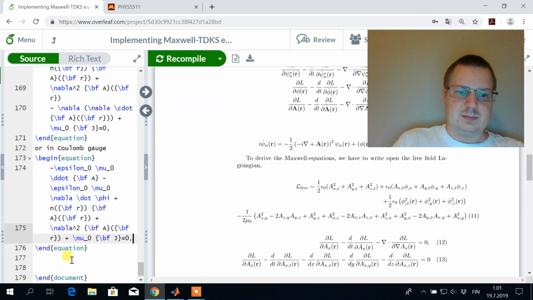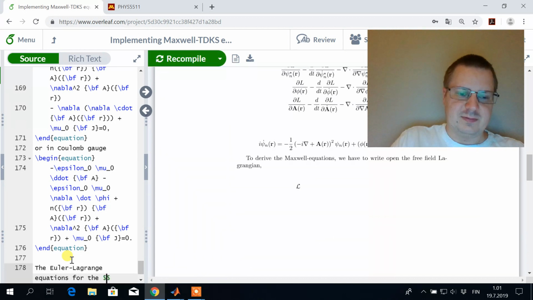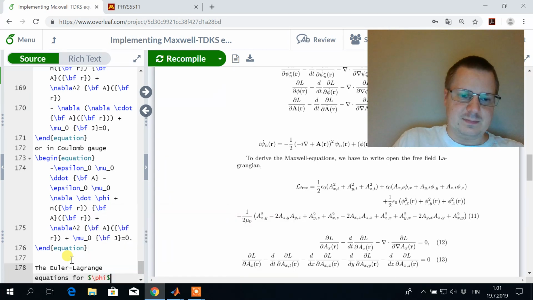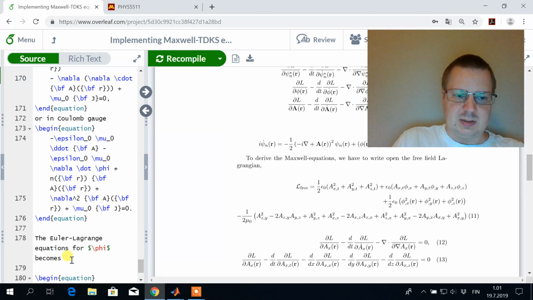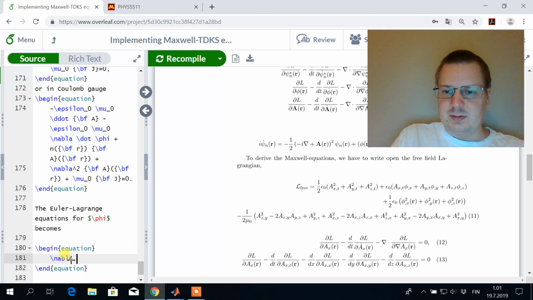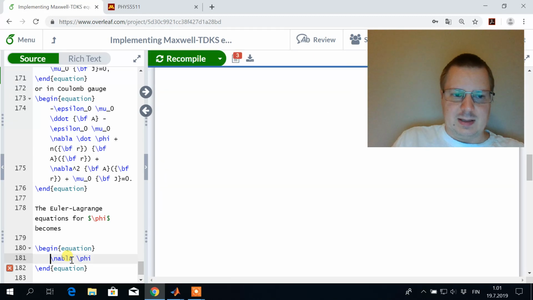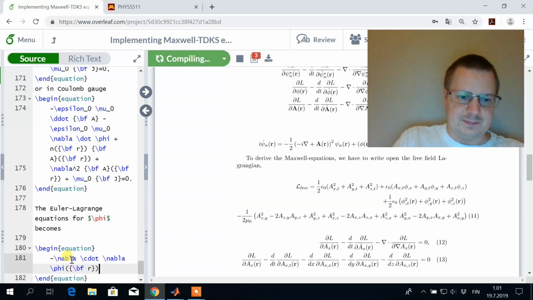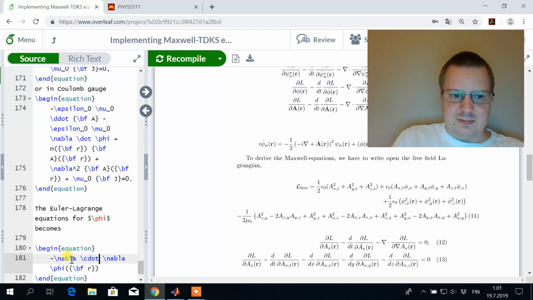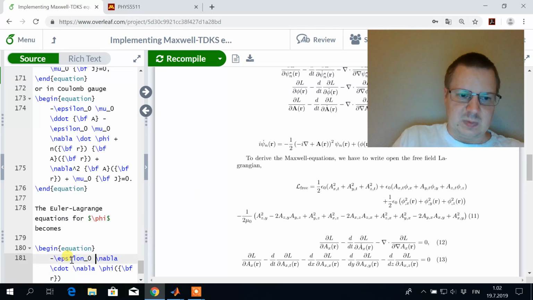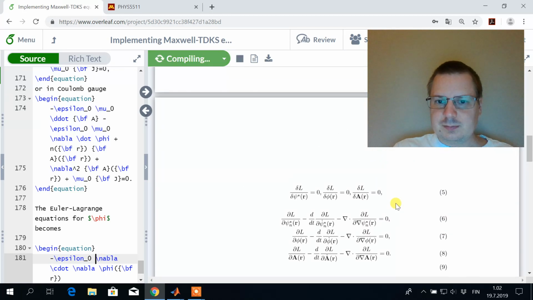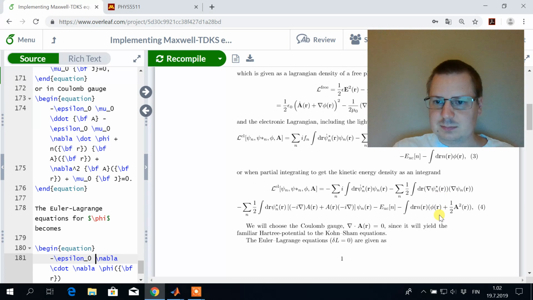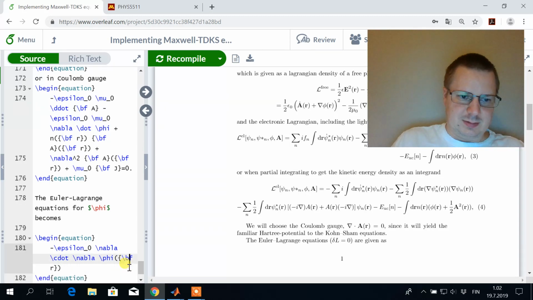So the Lagrange equation for phi becomes nabla phi, and then from the Lagrange equation we get nabla dot nabla phi, and then we have the epsilon 0, and then we also have phi over here, which will yield minus n. So we will just have minus n,